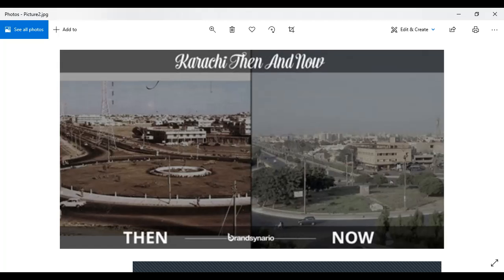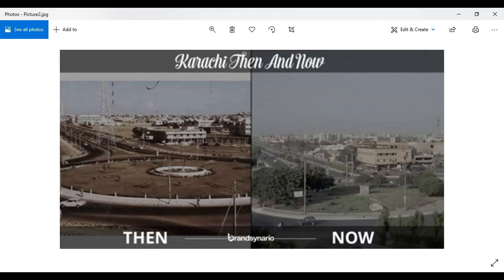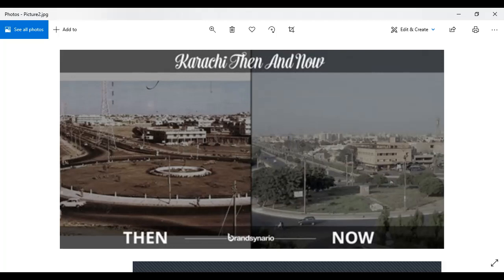Let's look at this first picture. This is picture number one. Look at this picture, then and now. The picture 'then' belongs to the past and 'now' belongs to the present. Okay, look at this picture. This picture depicts the previous Karachi. Look at this car. This is an old model, an old edition of a car, maybe a Corolla or something else. And this is not beautiful. Well, the roads were good in the past as well, but they are better and more advanced in today's time, right?